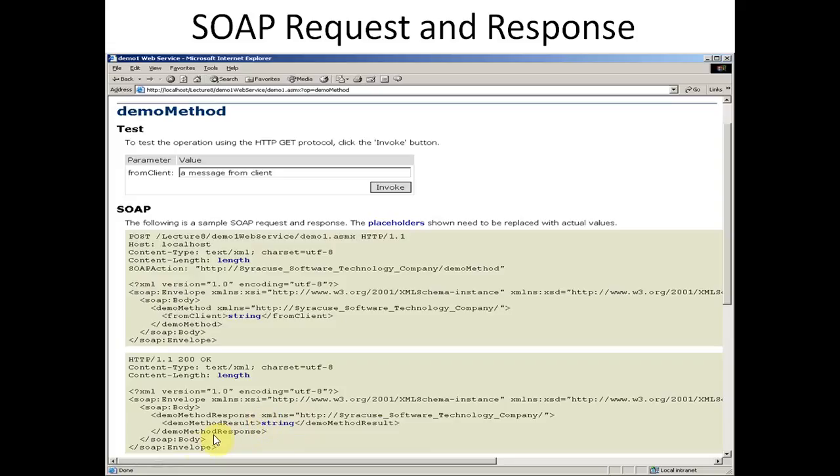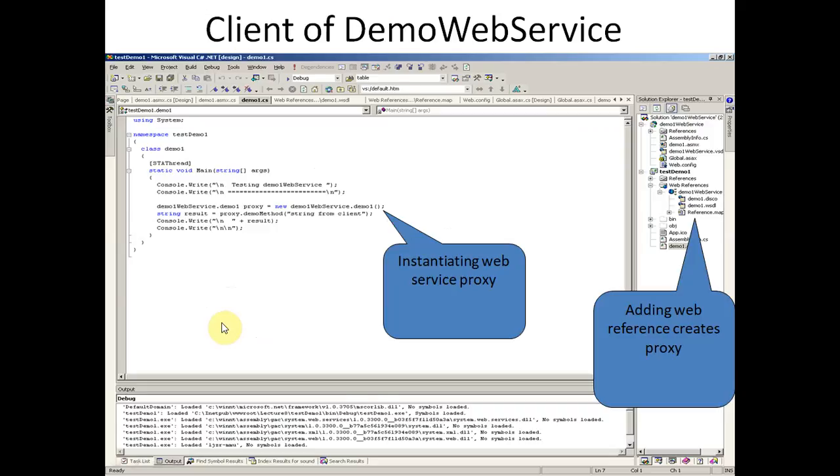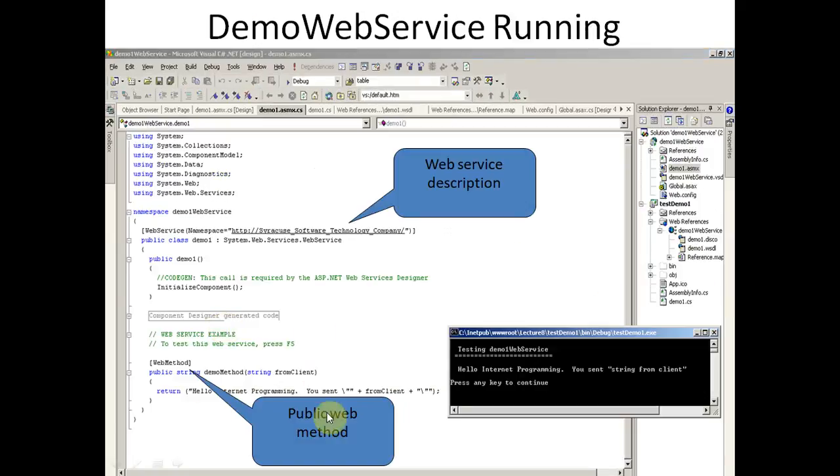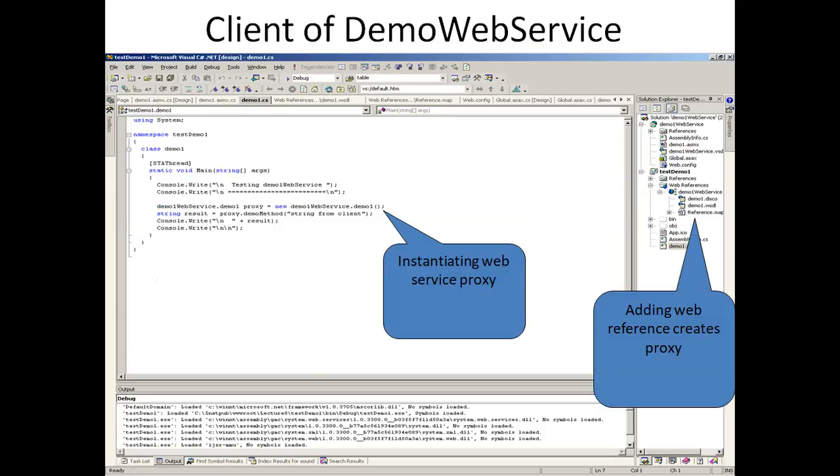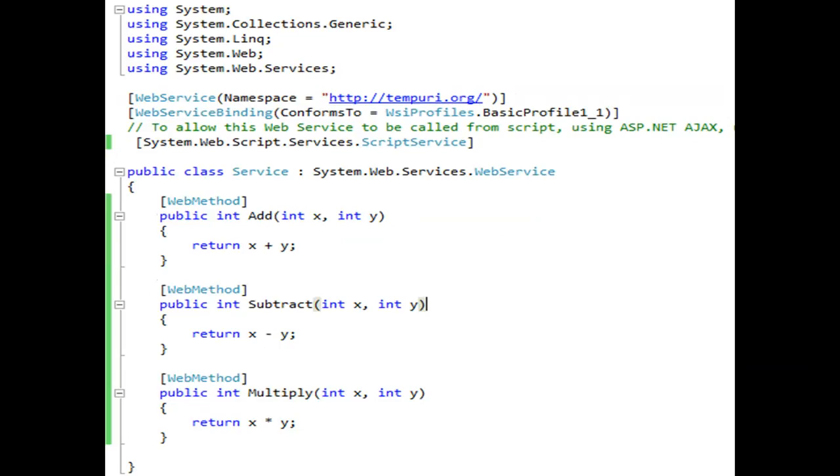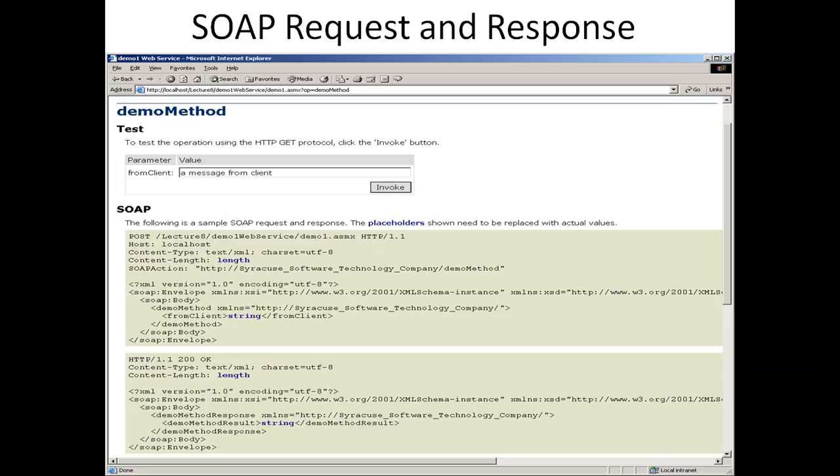So we have the response as well as the request. So we have both a request and a response function, and SOAP will be created automatically.